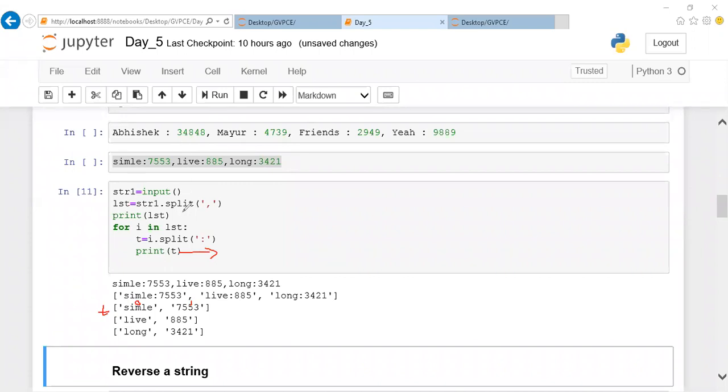Is this clear now guys, how to start your operation? So now we can take the T of 0th position value, find the length of it, and the T of first position value, check whether the length is there or not and find the nearest value, then do the operation here. So if you are iterating a list element by element, one after the other is going to come. So you can take one element, do the operation, store your result, then take the next one, do the manipulation, whatever you want, store the result. You can go ahead like this till the end of your list.